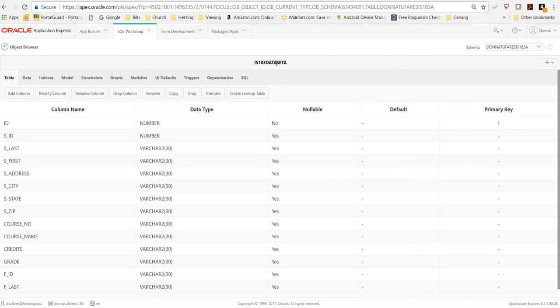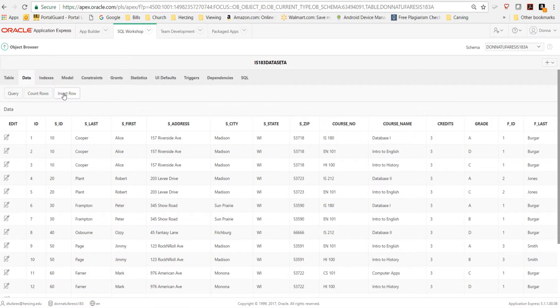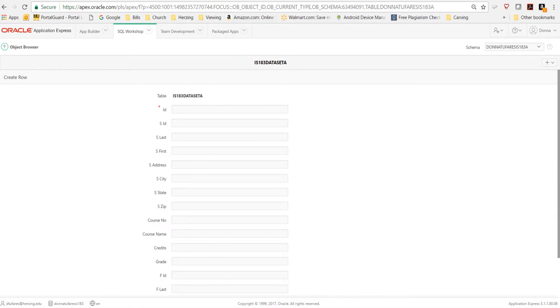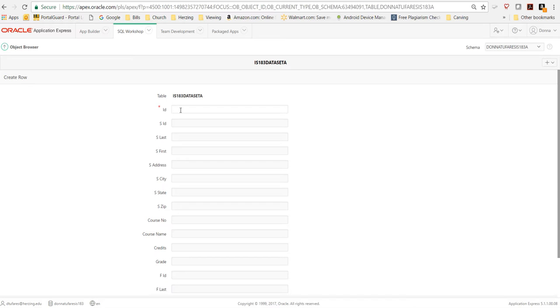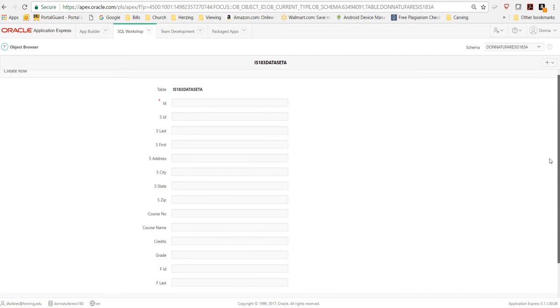Once you get your table displayed, then you go to Data, and you're going to insert a row right here. And it's going to give you all the fields to insert here. So for instance, you're going to leave the ID blank. It'll create that for you. You're going to fill in everything that it tells you to fill in. What it doesn't say to fill in, you just leave blank. So then, once you've completed that,